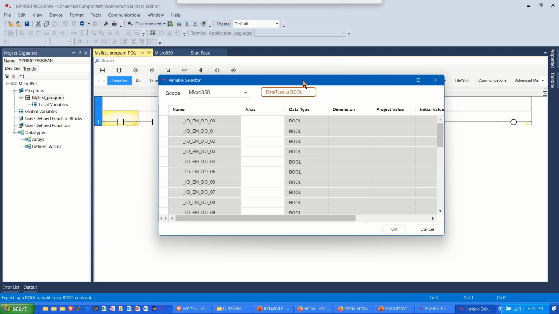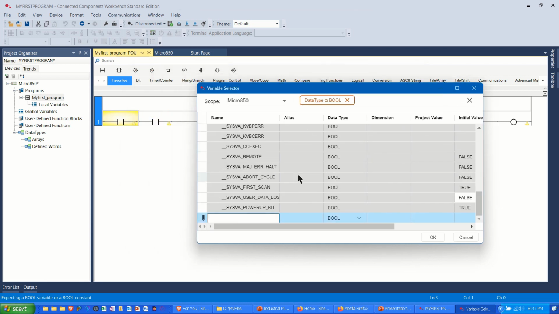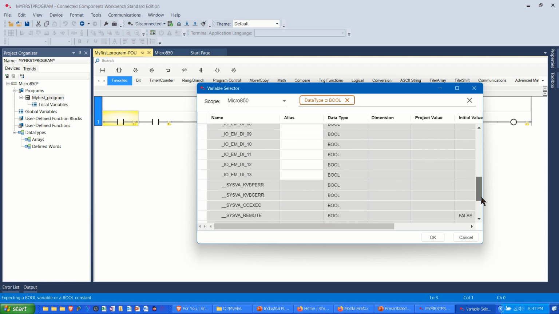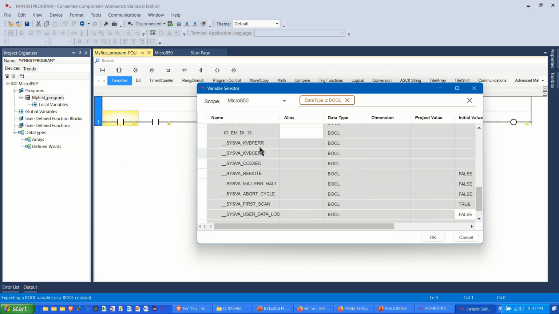Now the variable selector gives you the opportunity to use any variable that is within the memory of the PLC itself. So each of these, a bool is a single bit. This instruction works on only a single bit. So I could select any one of these. Now the first ones that you start off with from the bottom and you work your way back up to the top, have the underscore SYSVAL underscore KV